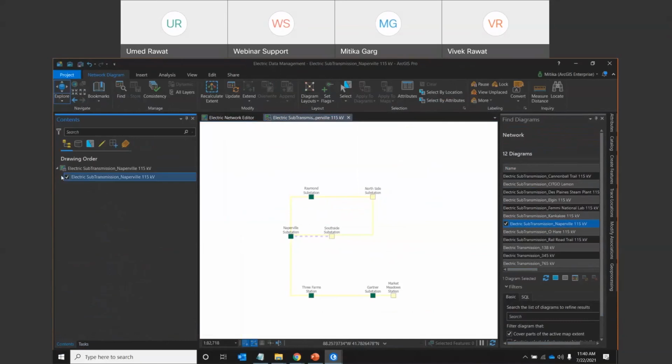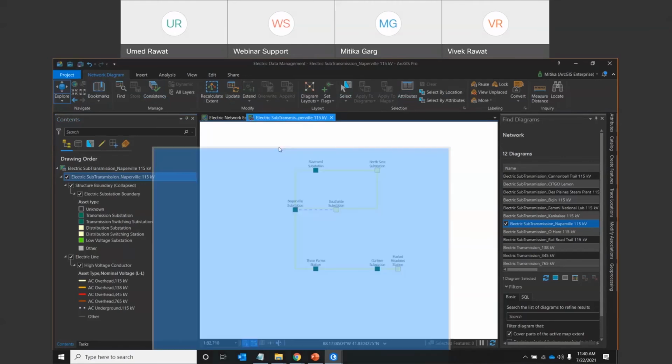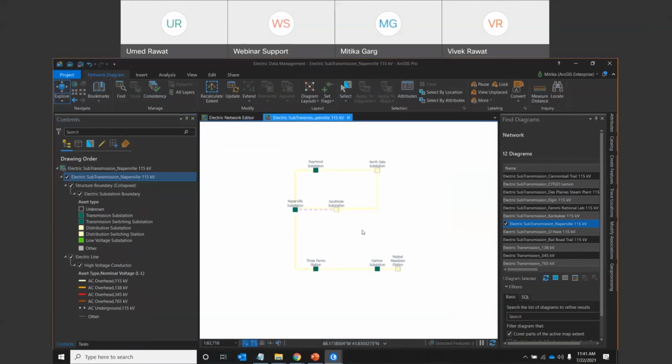This is a substation transmission diagram. You can see these are the transmission substations, and these are the different kinds of 115 kV lines. And if you look at the top of the toolbar, it has changed to network diagram. You can also switch to a side by side dynamic view.